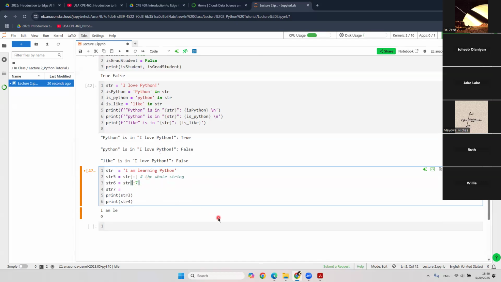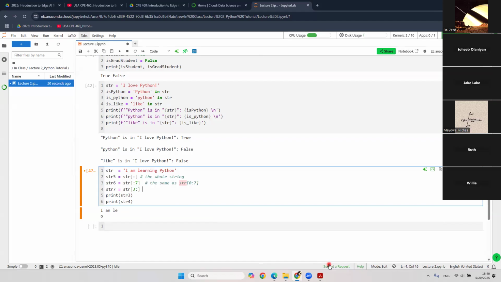Before I have 0 to 7. Now suppose I just have this 7. This is actually the same as string 0 to 7. So if I do not write the number before, that means all. If I do not write the number before and after, that means before is all, after is all, means the entire string. Okay, now the next one will be similar, which is if I just write a number before,